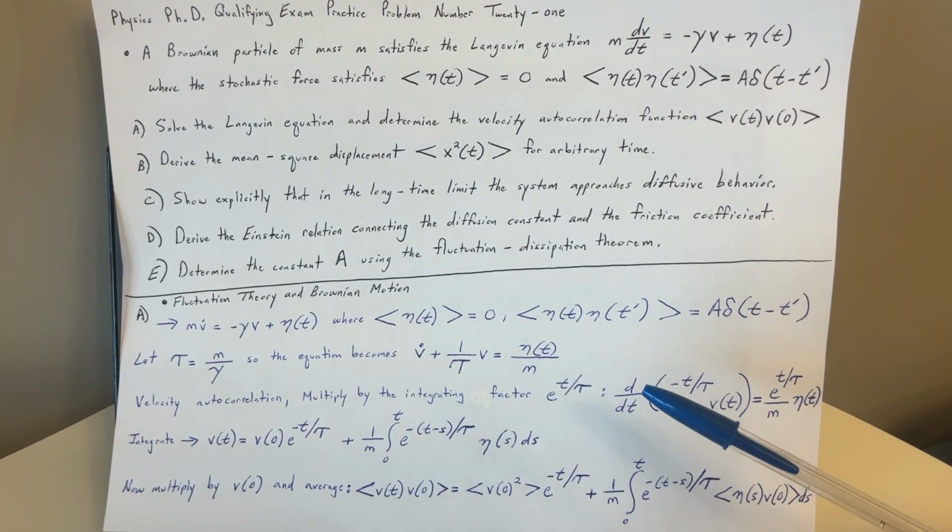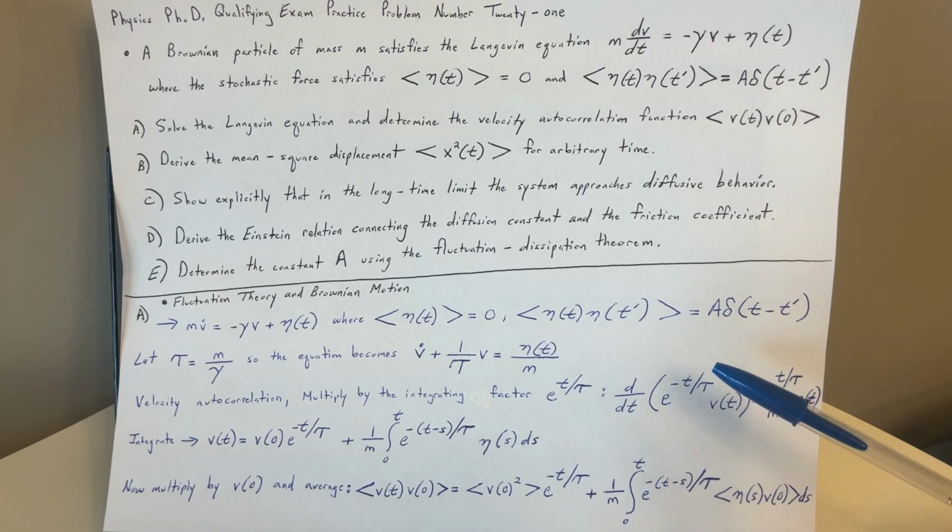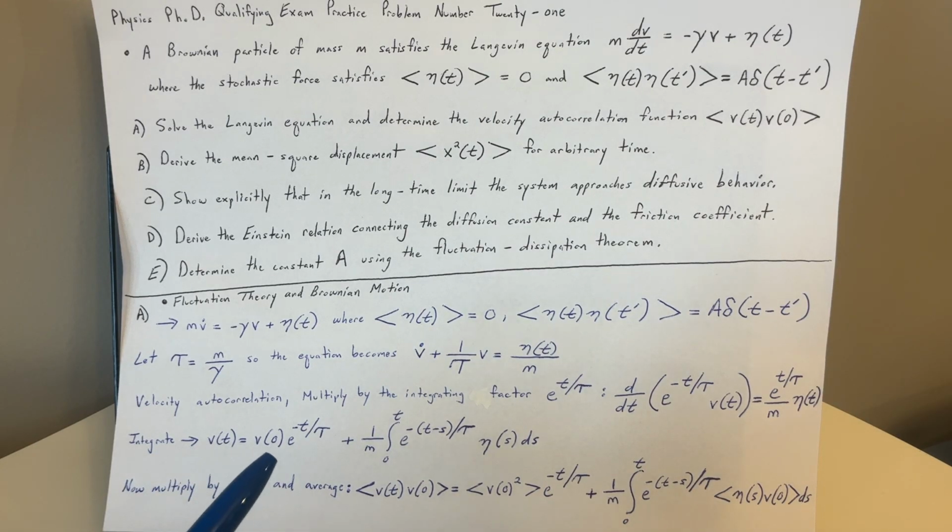So we take d/dt of e to the negative t over tau times v of t, and set that equal to e to the t over tau over m times eta of t. Integrating here, v of t equals v of 0 e to the negative t over tau plus 1 over m integral from 0 to t of e to the negative quantity t minus s divided by tau, eta of s ds. So now, multiplying by v of 0, averaging